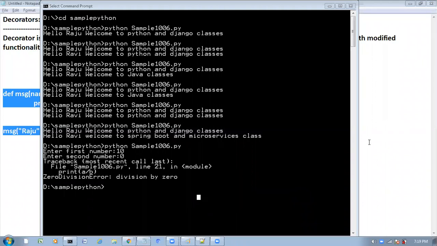Not only for the user, as per your requirement, if you want to display anything, you can do it by using decorator functions. You can make any required modifications to the existing functionality.